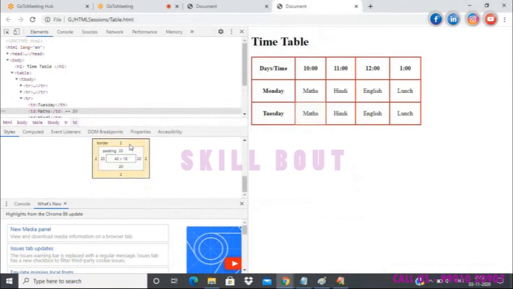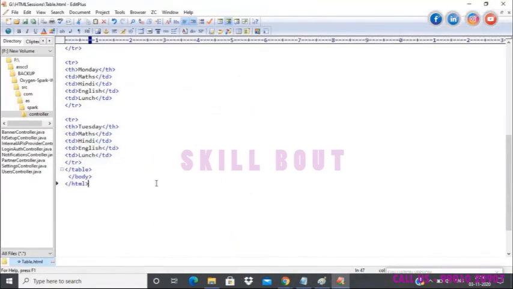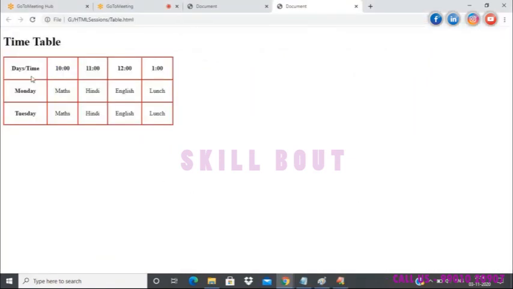So yeah, this is pretty much it. If you guys have any questions, you can ask me with regards to creating just a table with three rows and five columns. So I'll show you again. Three rows, we have five columns. We have considered the first column as the header of the table.